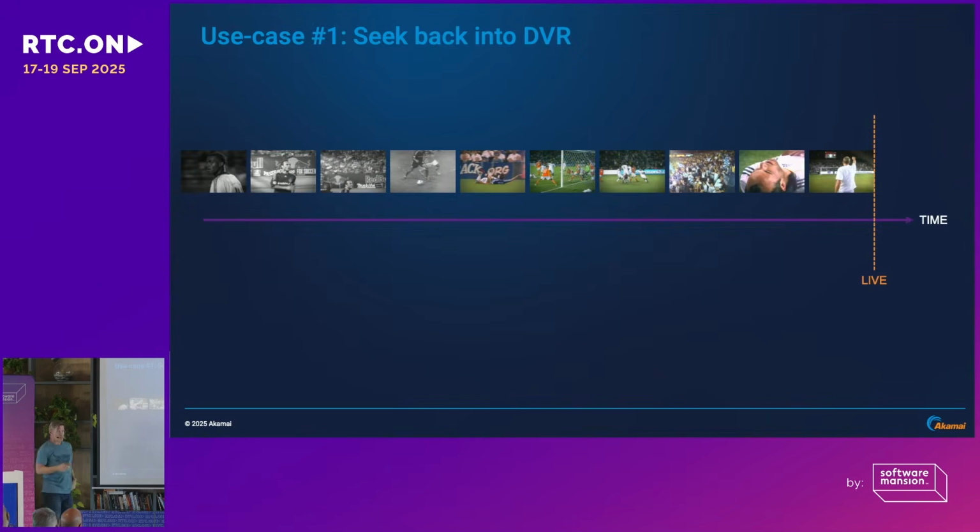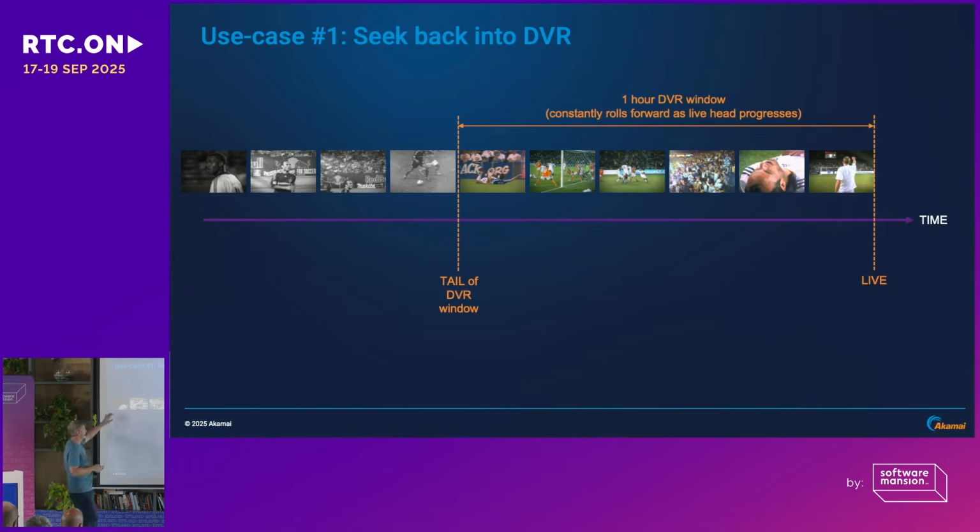Now you might say, I just care about live video. What are the use cases for fetching anything, right? So one of them is DVR windows. In sports, when we want to go back. So I have a hypothetical sports game. We have this rolling window that follows the live playhead where you're allowed to scrub back in time. So in this concept, the user might want to start at this point, and then they would just issue these fetches of these groups forward. The playhead is up on the right there.